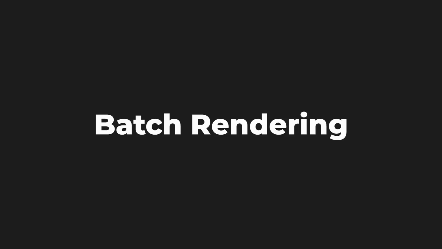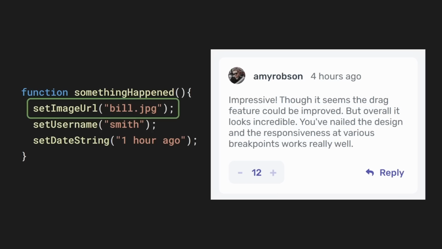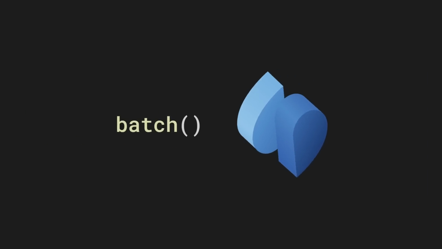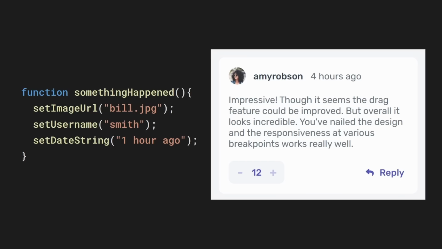Number 5. Batch rendering. This last one is not much of an improvement, but a quick and easy one. Whenever we have consecutive state changes, the DOM is updated each and every time. But with the batch function, all the state changes are applied before the UI update, including the effects that depend on the updated state. This is all the things I gathered up for now since I'm quite new to SolidJS